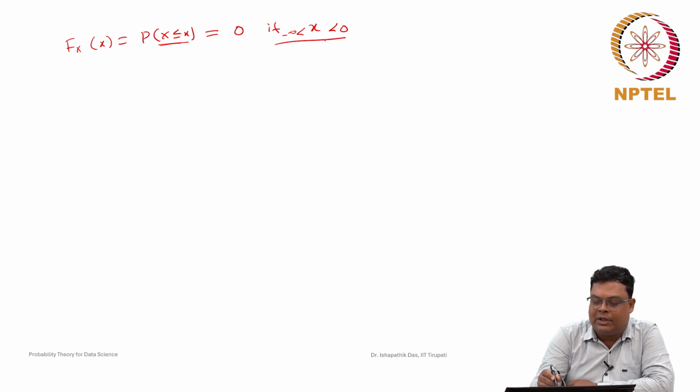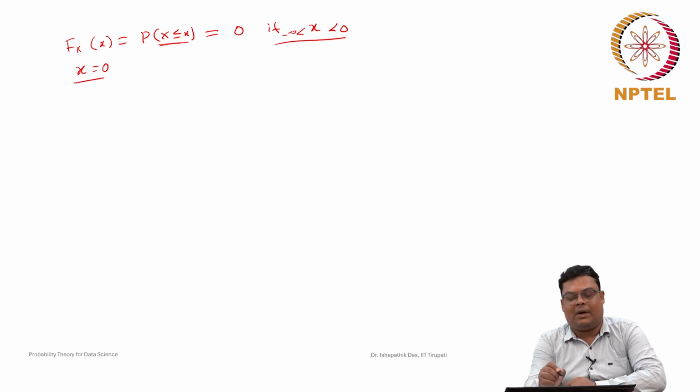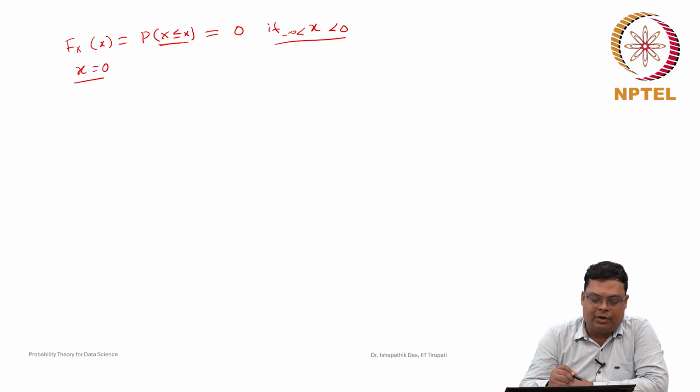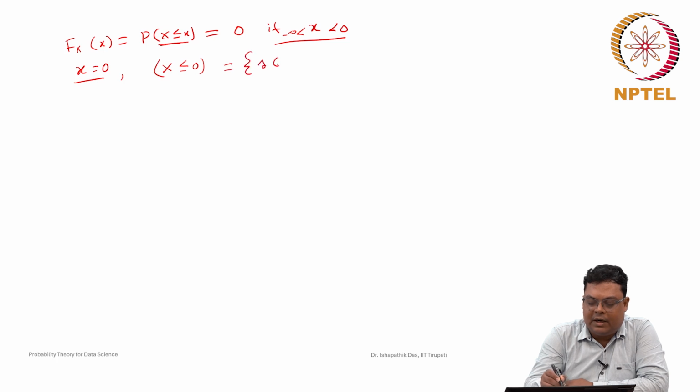Now, let us consider small x exactly equal to 0. So, it is a real number, small x is exactly equal to 0. Then what will be this set, because we want to find probability of X less than or equal to 0. So X less than or equal to 0, what is this set? This set is nothing but s belongs to S1 such that X(s) is less than or equal to 0. And sometimes we do not write the left-hand side for simplicity, we understand it means minus infinity.